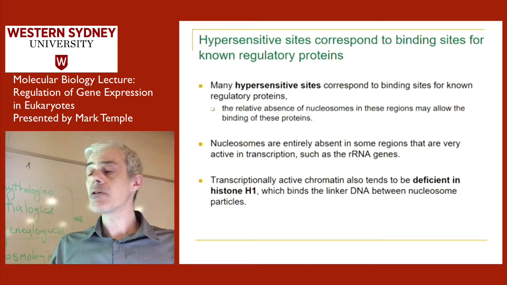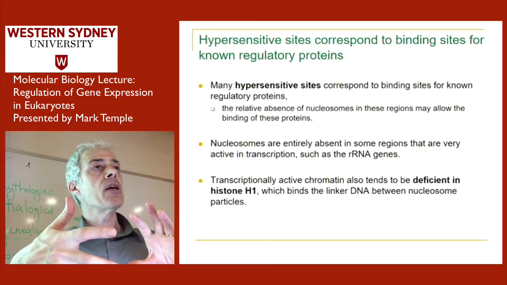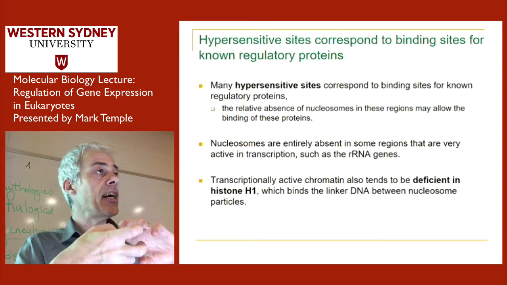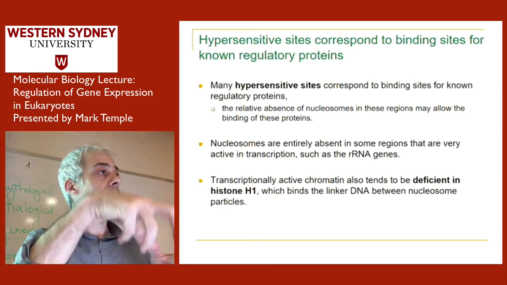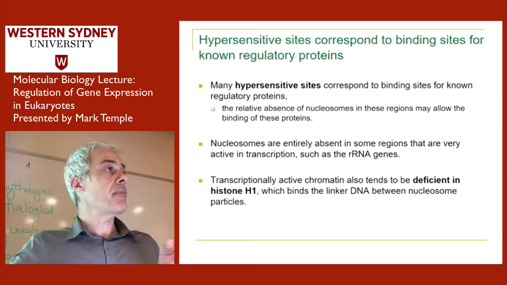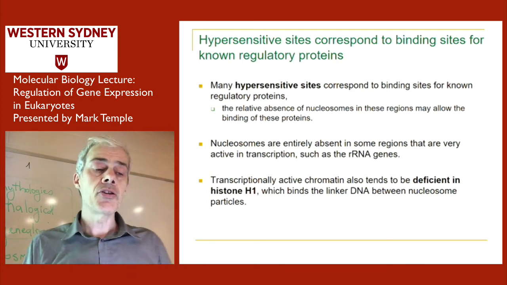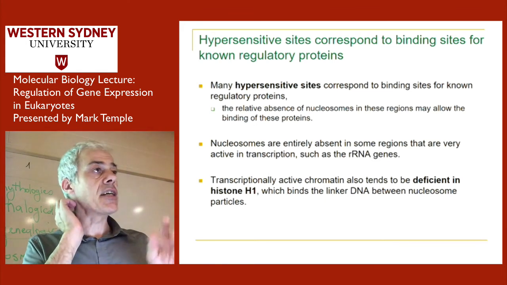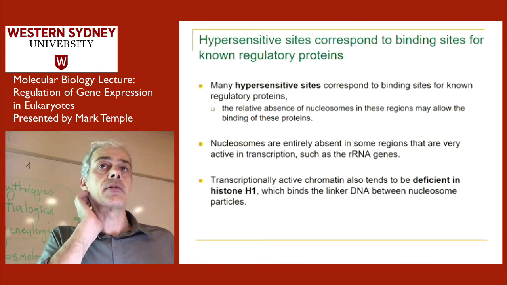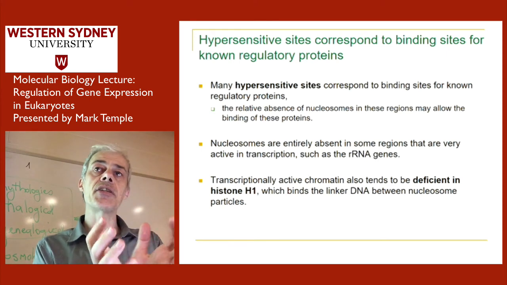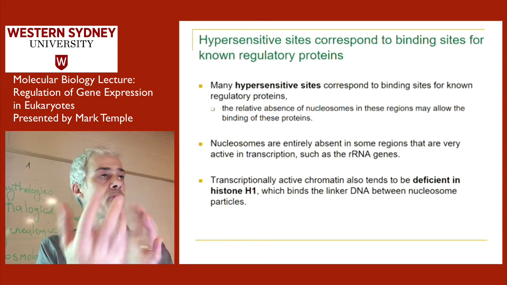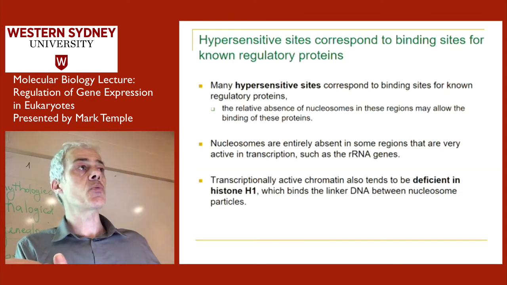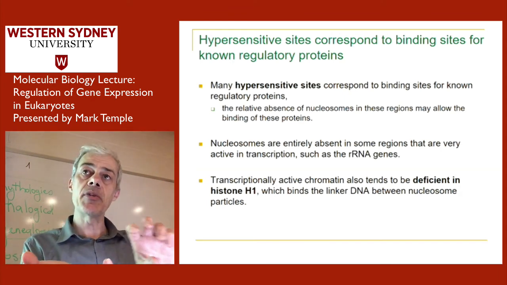Now, because the chromatin is tightly packaged, the endonucleases can't access DNA unless it's open. And when the DNA has been opened up, the endonucleases can access the DNA and digest it. So it's very easy to do experiments, and you look for regions of DNA that can be easily digested by endonucleases. If you can get a cell state or cell type that's expressing a gene in a really strong way, you look at the hypersensitive sites where the endonuclease can digest the DNA.